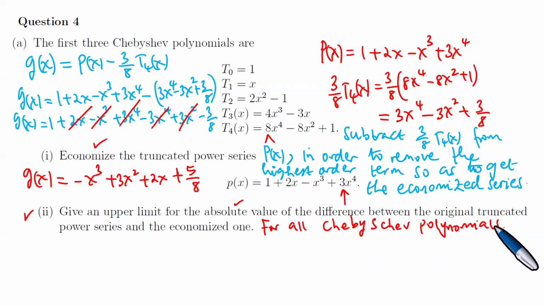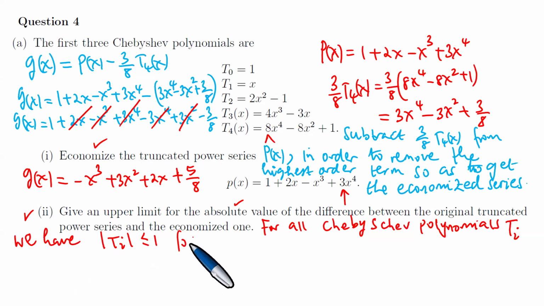For all Chebyshev polynomials, which we call T sub i, we have that the modulus of T sub i is always less than or equal to 1 for all x in the closed interval minus 1 to 1. And therefore,